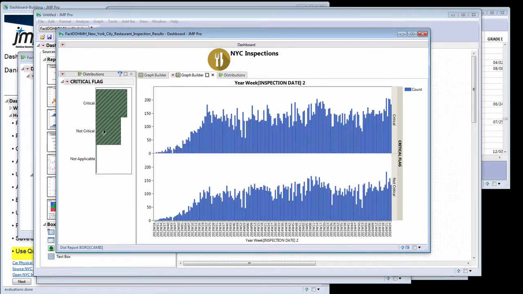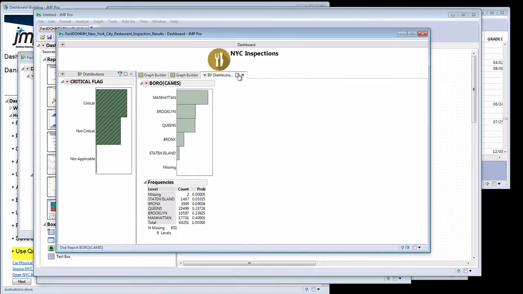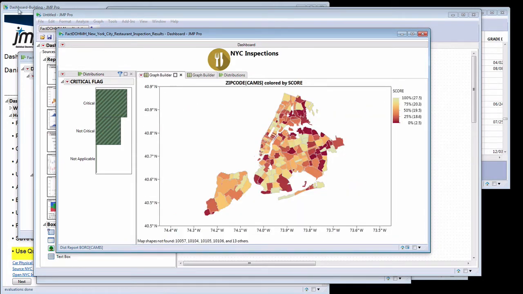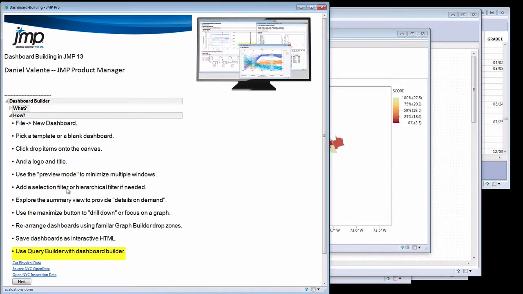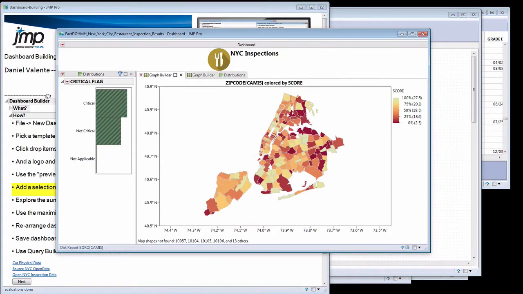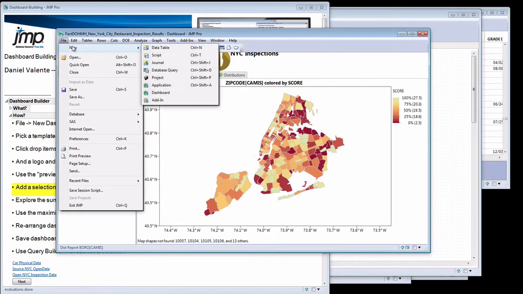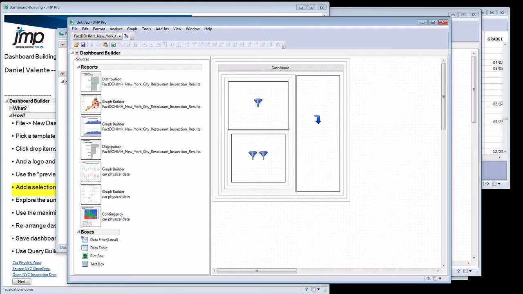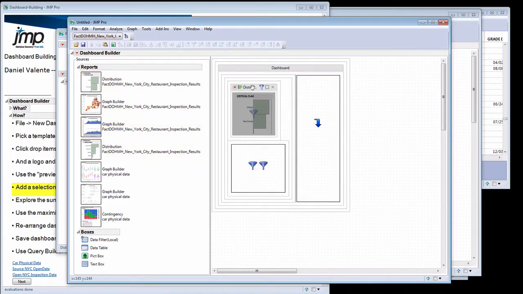If we grab our second bar here, the critical and non-critical, all of our results will be updated. Going back to the journal, we talked about the selection filter. If you want, you can also use a hierarchical filter. So if we build another dashboard and select the hierarchical filter option, we can do something like this where we have first filtering on whether or not the report is critical, non-critical, or not applicable,